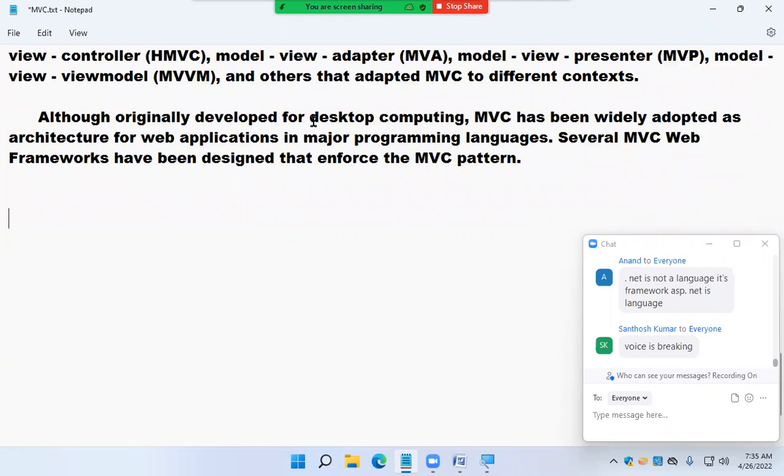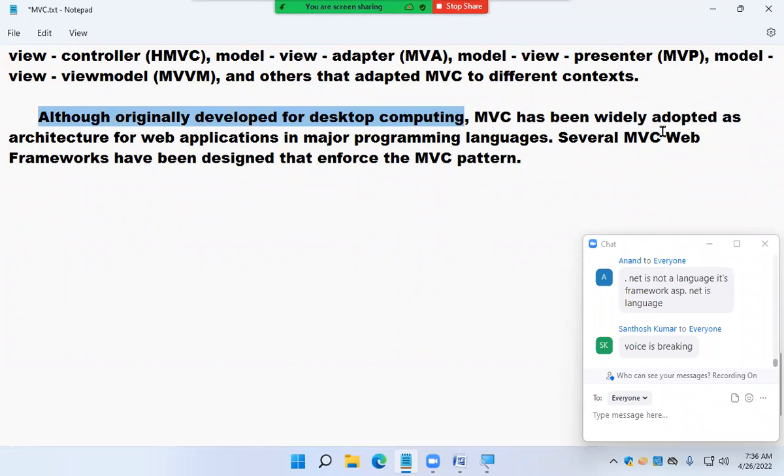Although originally developed for desktop computing, MVC has been widely adopted as the architecture for web applications in major programming languages. Are you clear? Although it was designed for developing what? Desktop.